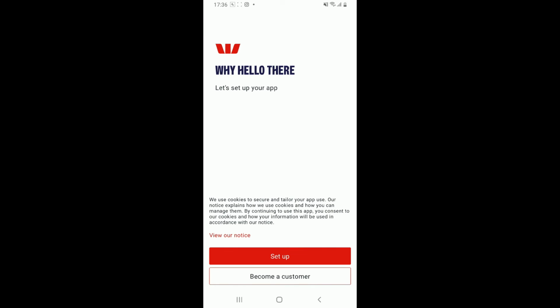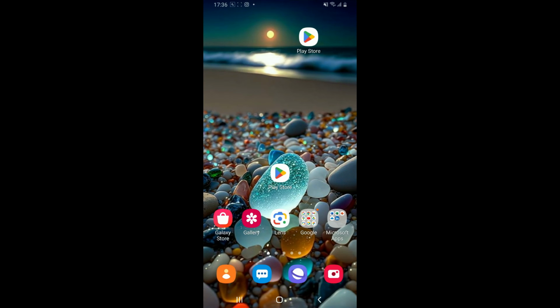on your Android. So that is how you will be able to download and install Westpac on Android in just